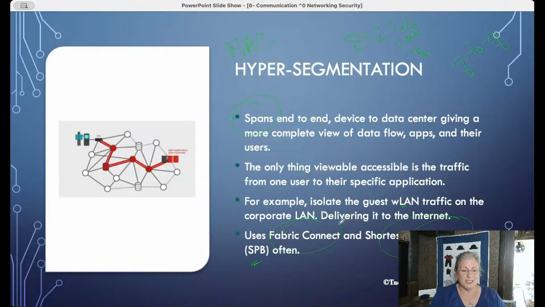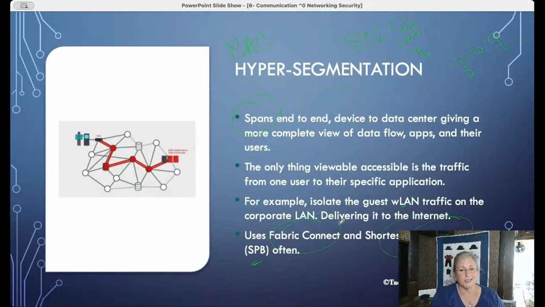So hypersegmentation is isolating at layer 2, at the link layer, using MAC addresses. It's actually dynamic. It gives a lot of flexibility, so it's not like the traditional configuration of virtual LANs. And it really helps to protect things from hackers. If the hacker can't see the traffic flow, they don't know it's there, they don't know what the destination is, what the source is, they don't know to go after the devices if they get into our network from the inside or the outside.